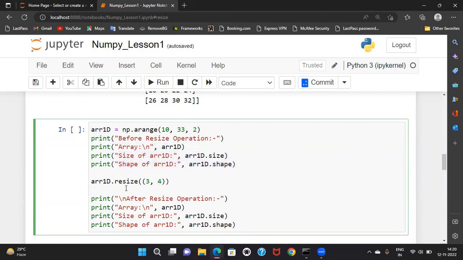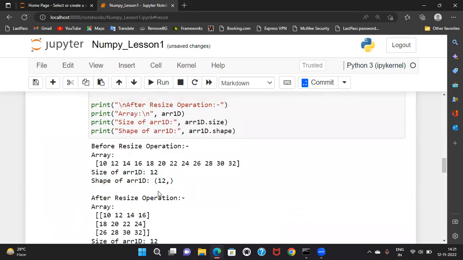Then I am calling the resize function on this array, arr1d.resize. You can see that I have not assigned the result of this to anything because it is not going to return anything. It will return None, and it will change the array arr1d itself. That is why after the resize operation, I am again printing arr1d, its size and the shape. So if I run this,